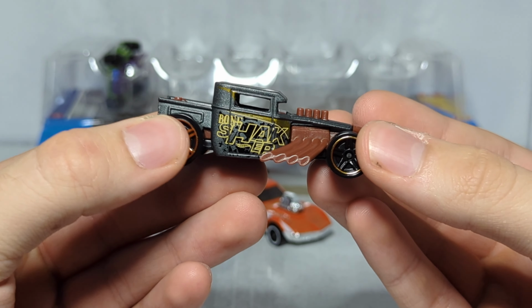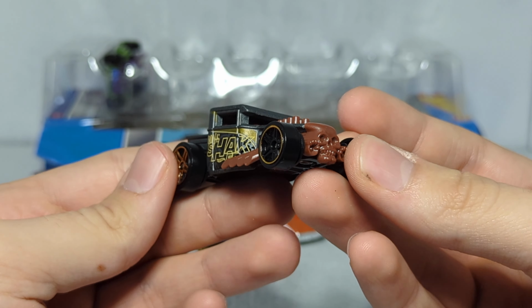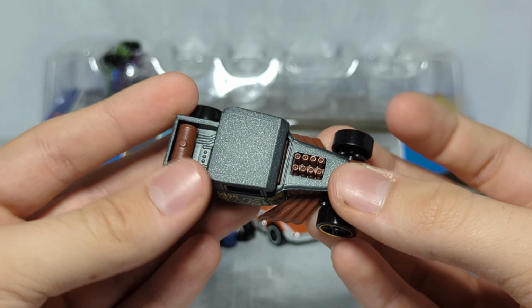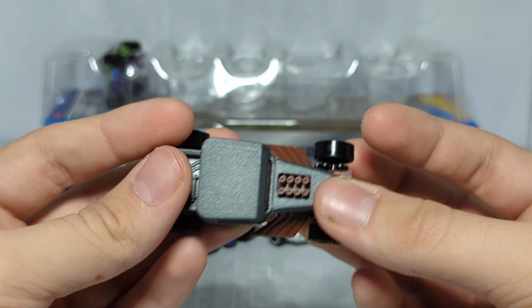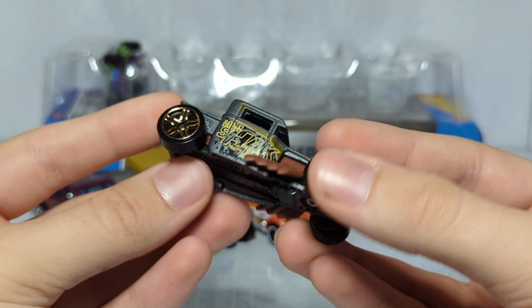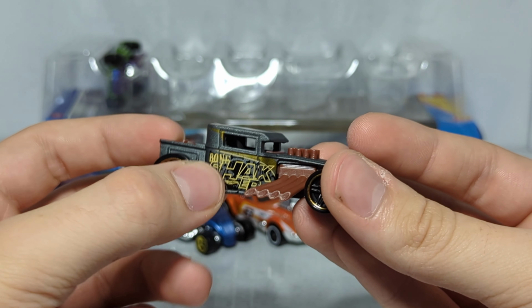Alrighty, next up is the crowd favorite Bone Shaker. Everybody knows Bone Shaker. It is the icon of Hot Wheels, the mascot vehicle. We have got a really neat, almost looks like concrete body color, black chassis, black tires with orange chrome rims, no window insert. And the side panel says Bone